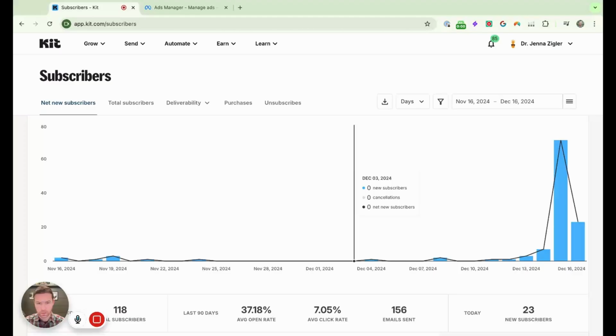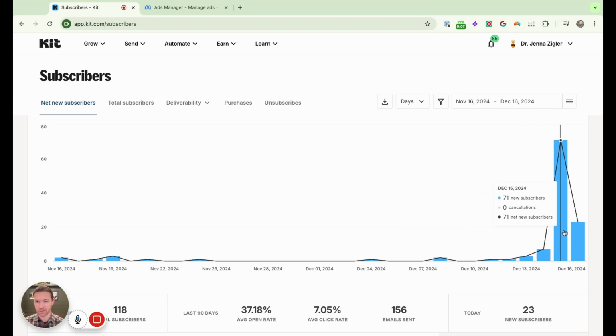All right, I wanted to show you guys a Facebook ads tweak that I made to help skyrocket, as you can see, our leads. This is our email leads. So we got 71 yesterday. We're already up to 23 today, and it's only 9:30 in the morning. And then you can see what we were getting before was anywhere from 3 to 7 per day. Not much, not even 3 to 7, sometimes none.